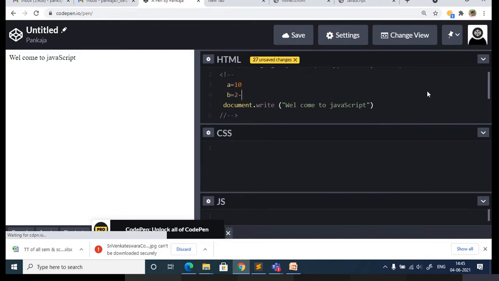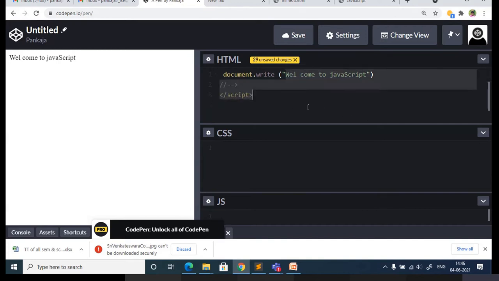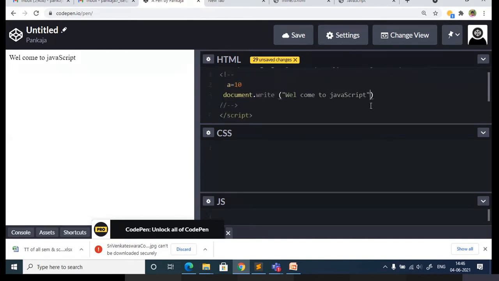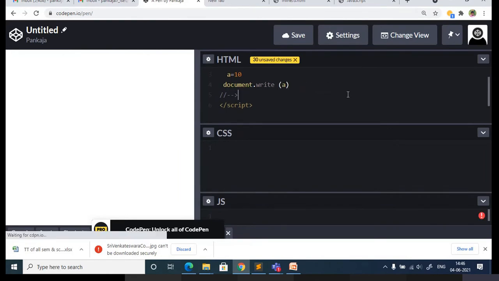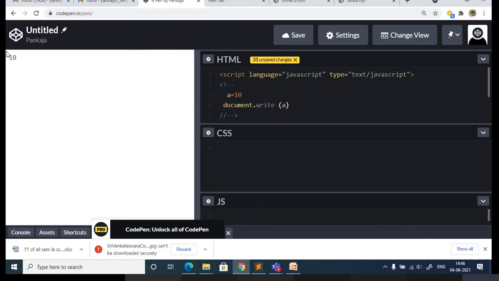Let me make it simple: I have initialized one variable, and if I want to display its value, I use this function and specify the name of the variable here. Like in C and C++, can you see the output is displayed here: a is equal to 10.